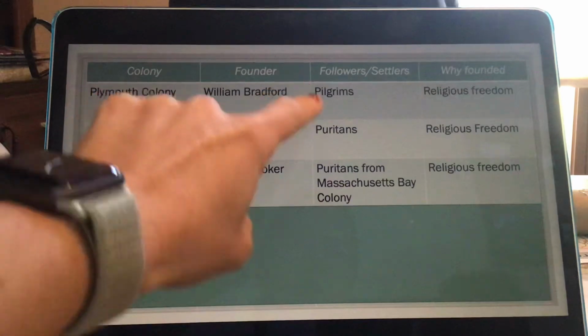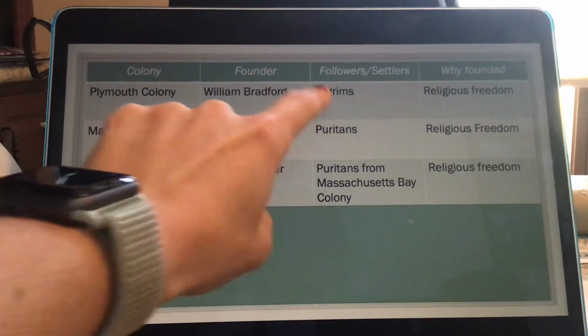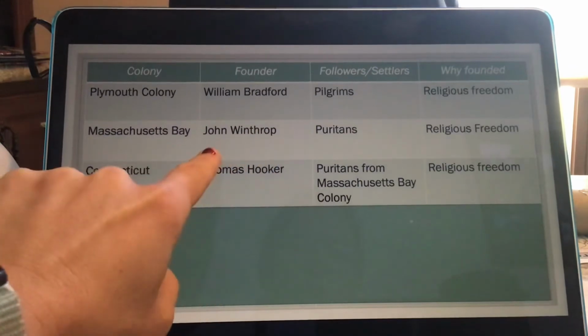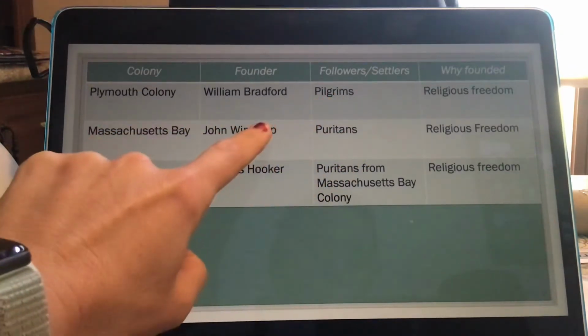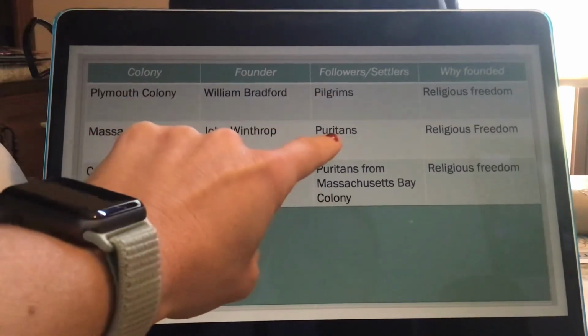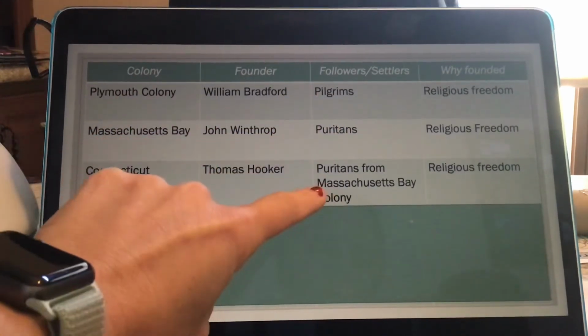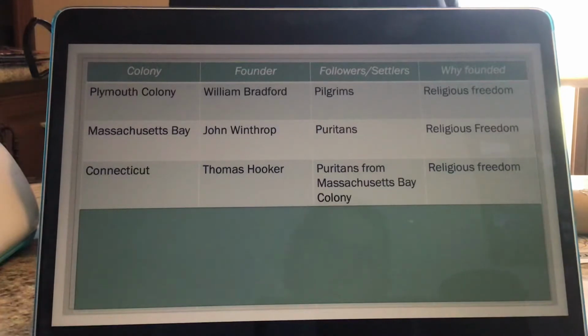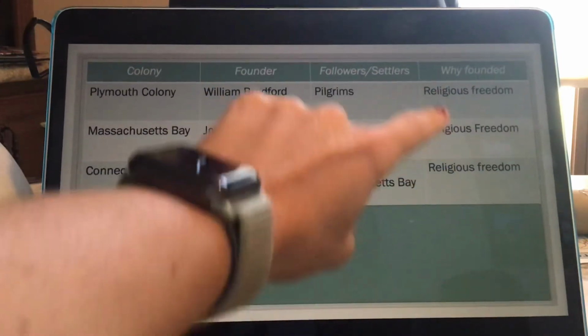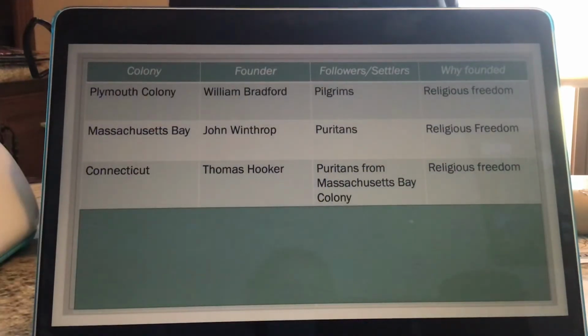Here he didn't use this column, but I like this column to show you that these Pilgrims were with William Bradford. The Puritans were with John Winthrop, and they had different beliefs, different thoughts. Here, some of these Puritans with John Winthrop moved down here with Thomas Hooker. Remember, because room was getting less and less, so they were expanding and pushing out into the land where those Native Americans are, and that's where we start to see conflicts, and we continue to see those conflicts. They too wanted religious freedom, so that's a popular one. They all wanted to maybe adjust and do something a little different with religion, or maybe kind of start their own beliefs as far as religion goes.